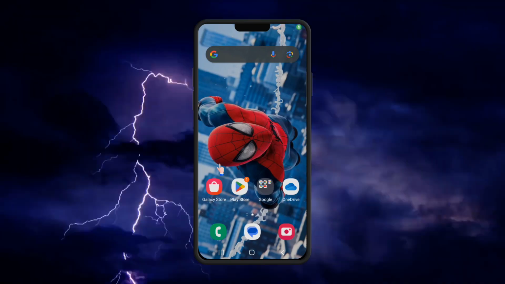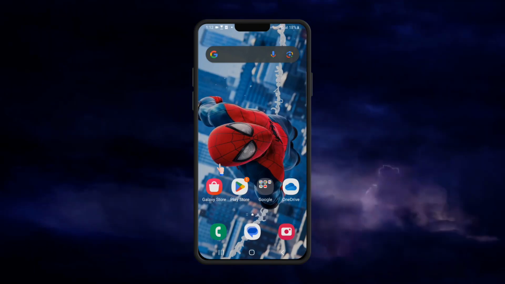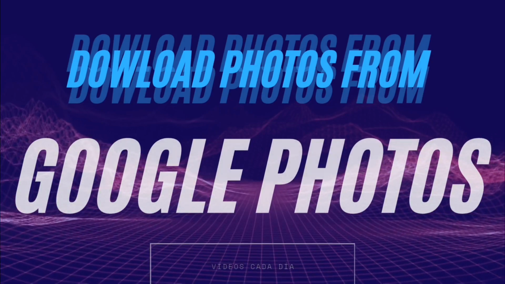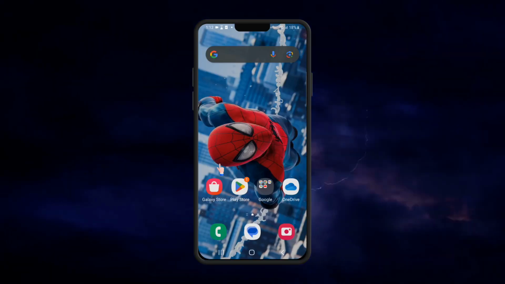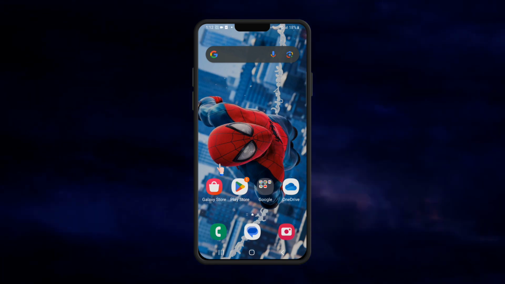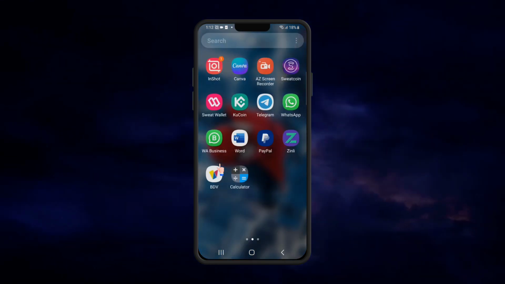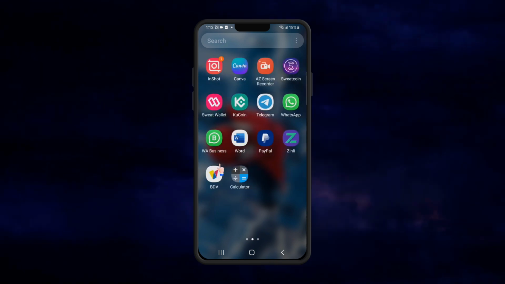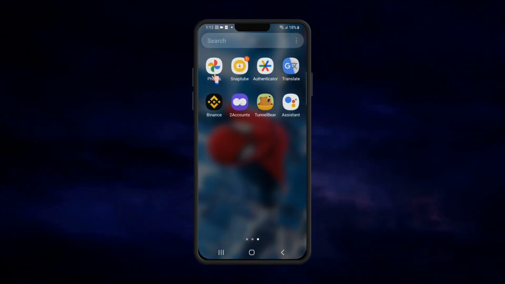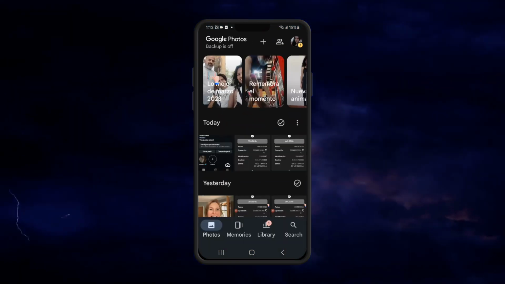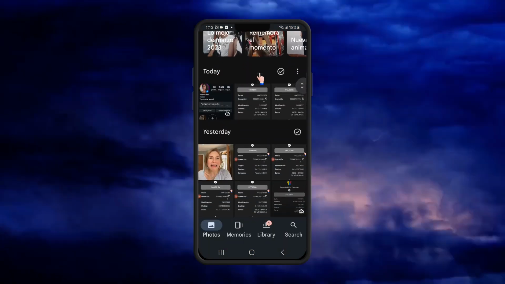Hey, in this video, I show you how to download photos from Google Photos. Super fast and super easy. We are going to go to our Google Photos application. Photos application is here. Press in, and